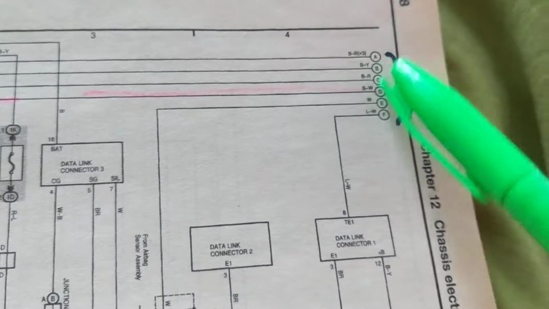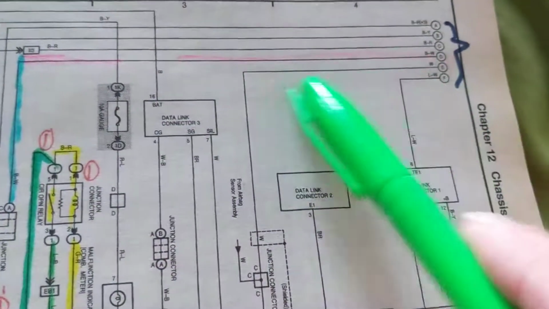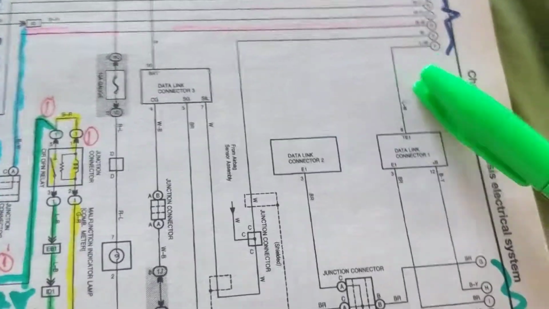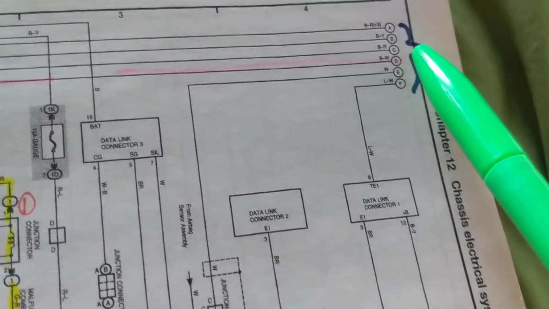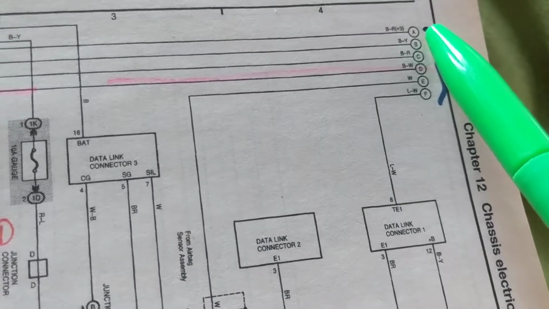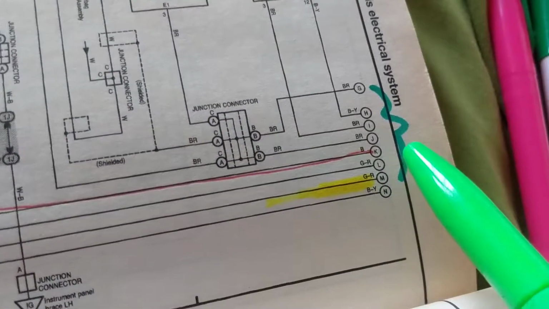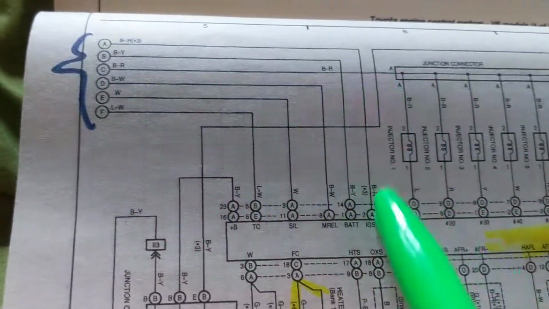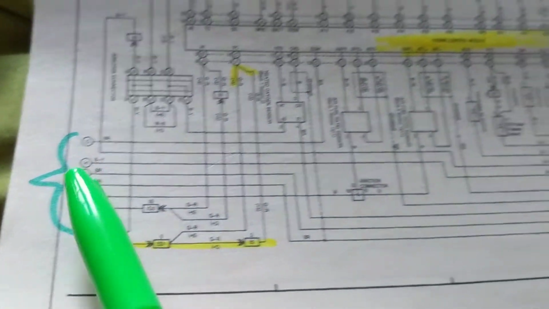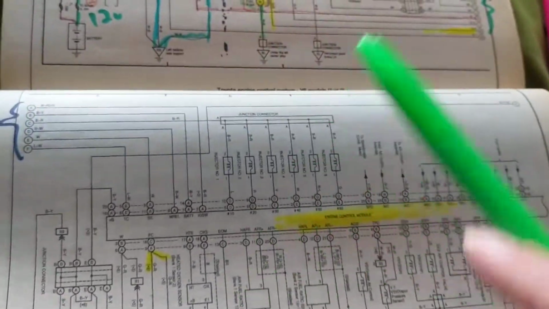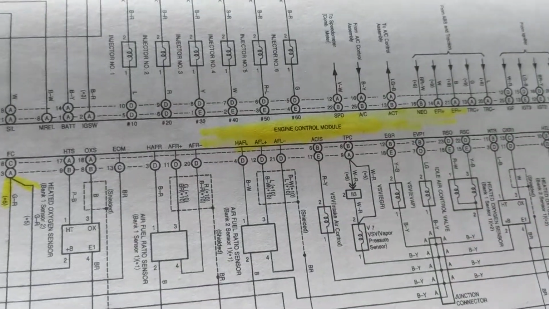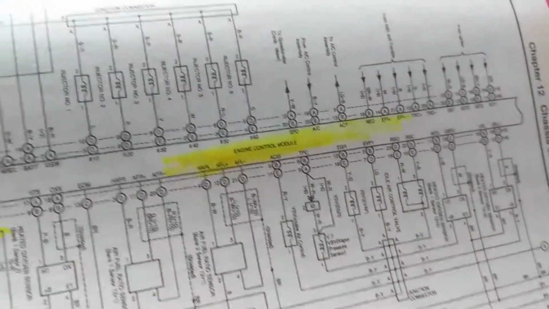Great. But I also see other things over here, connections. These are connections where, when the wiring is very long, or it continues in another page, we denote it by putting letters. So if you need A, B, C, or you need H, I, J, this will be continued on the next page, as you see over here. If I need A, I go to A and I continue along here. If I need H, I continue along here. So these bring me to something called the engine control module. Right now, we're dealing with the fuel pump. So we're going to stick to that